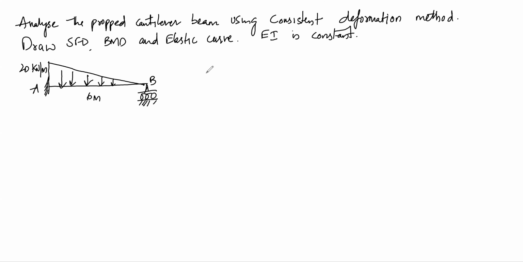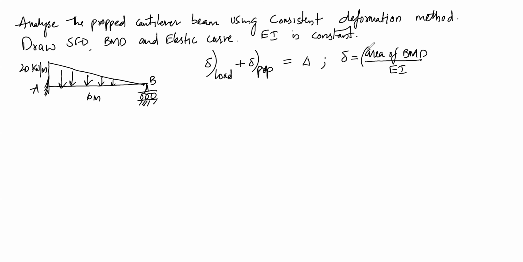So we know the consistent deformation equation is given as deflection due to load plus deflection due to prop is equal to total settlement of supports, and deflection can be written as area of bending moment diagram divided by flexural rigidity multiplied by centroidal distance. So here we can divide the propped cantilever beam into two simpler cantilever beams